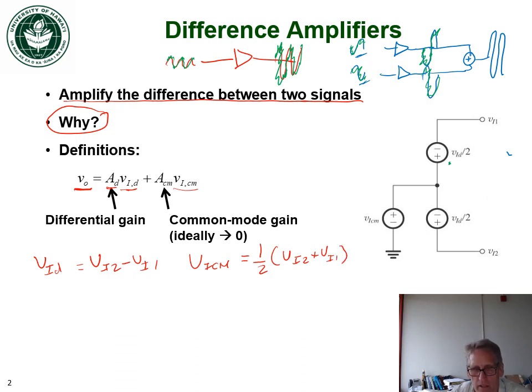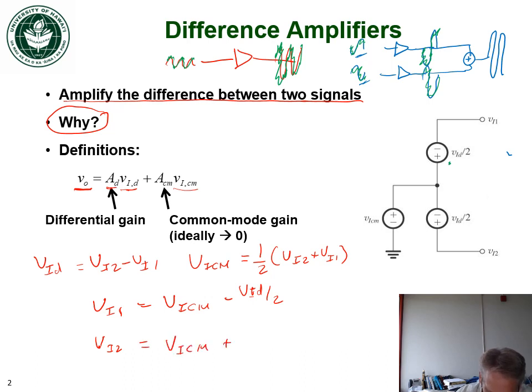So if we manipulate this and solve for VI1 and VI2, what we get is that VI1 is equal to the common mode signal minus VID over 2, and VI2 is equal to the common mode signal plus VID